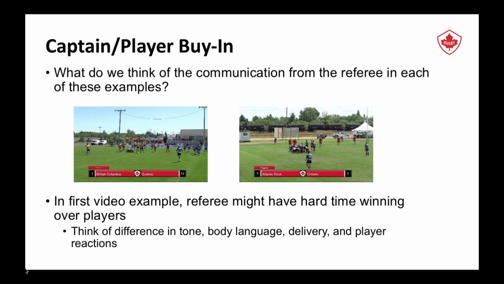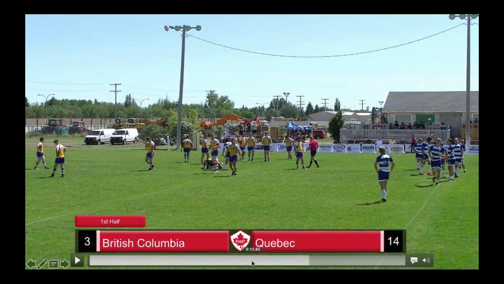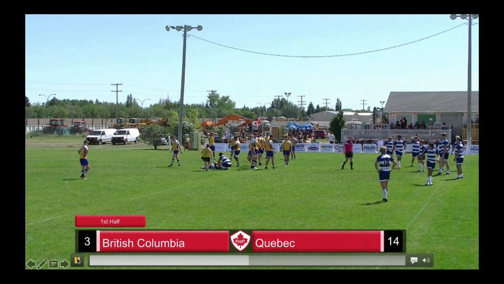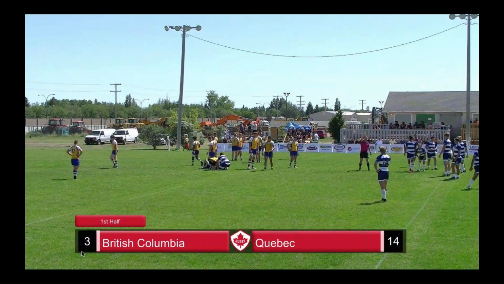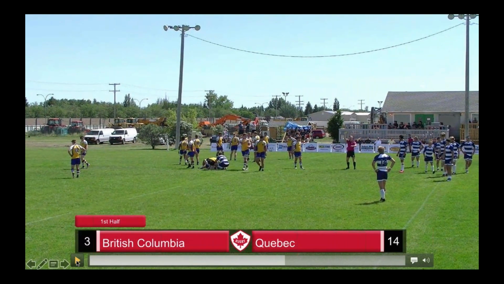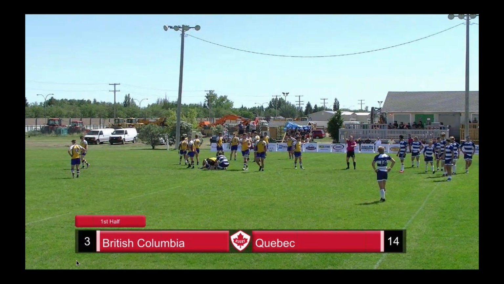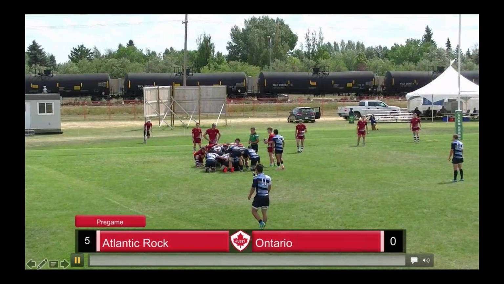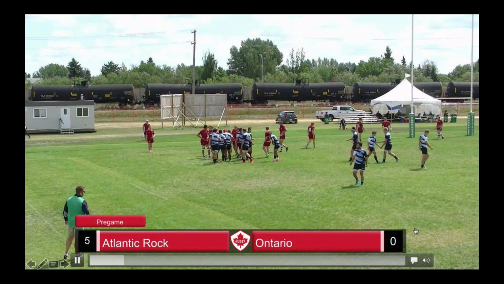So when we compare that to our second clip here, the only other piece I would note with this example is the language that the referee uses. So outside of the lack of clarity, just the couple of instances of go and pointing to the sideline, again, very harsh kind of communication style that doesn't necessarily get the buy-in that we want from players and captains. When we compare that to our referee in this instance,